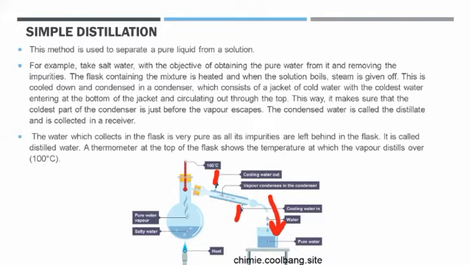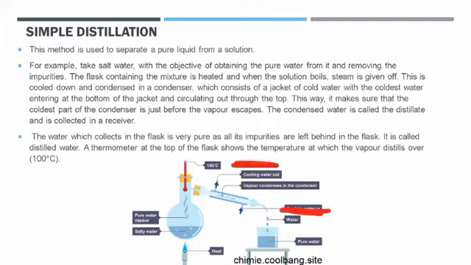Now in your exam, they can ask you a question: what is a mistake here? Is there any mistake in the apparatus? What are the kind of mistakes they can have? Over here, this arrow is for cooling water in. They can do the opposite. They can show that cooled water is leaving here, so that's wrong. Cool water will always enter from the bottom and leave from the top.